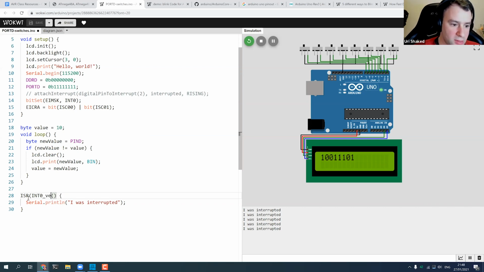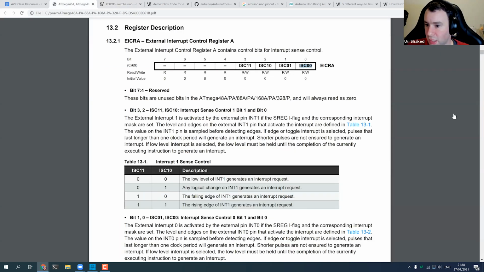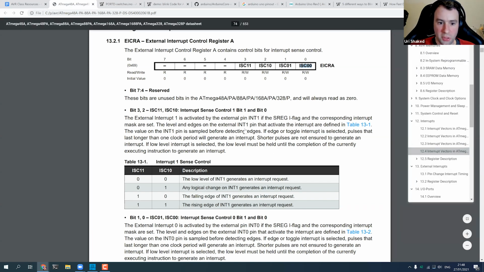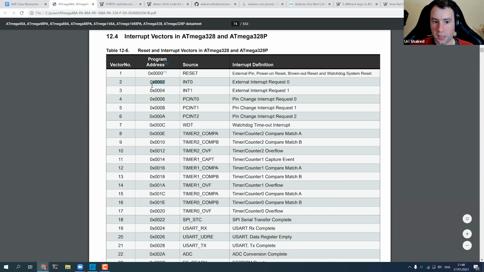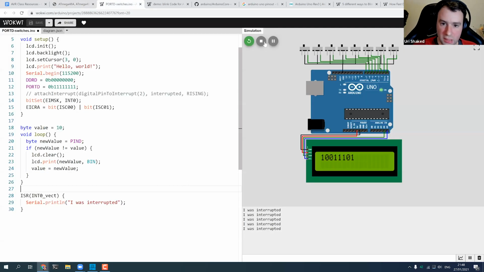And that would tell the compiler to put the address of this function that we defined here inside the memory address specified in this table. So it will just put it here inside address number 2, where the int0 handler lives. Okay, let's restart the simulation and see if this works with registers.